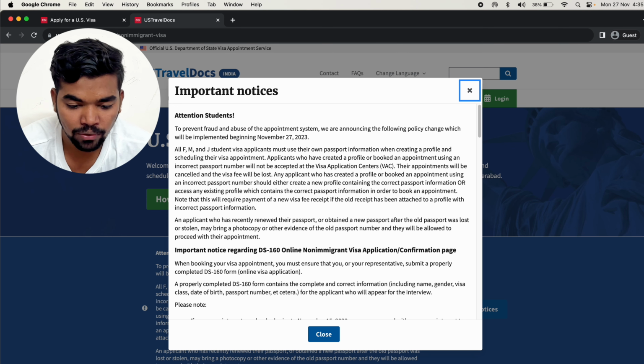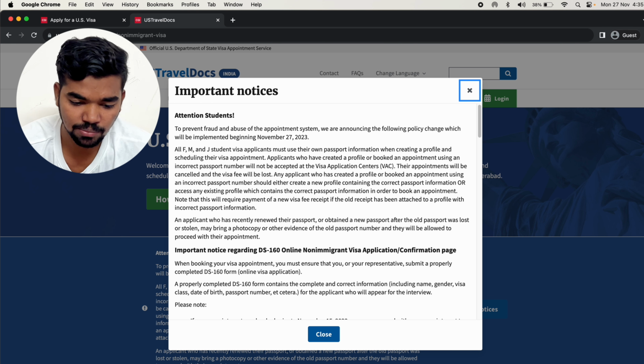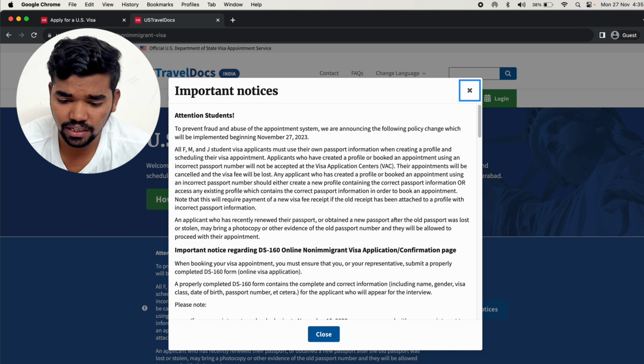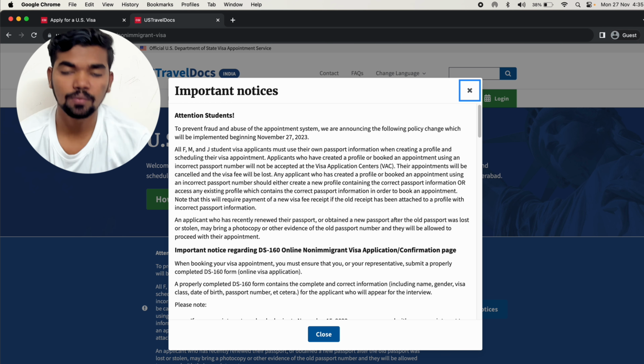Applicants who have recently renewed their passport or obtained a new passport after the old one was lost or stolen may bring a passport copy or evidence of the old passport number, and they will be allowed to proceed with their appointment. Who can come with the second account? Those whose passport was lost or stolen. After that they got a new passport, right?